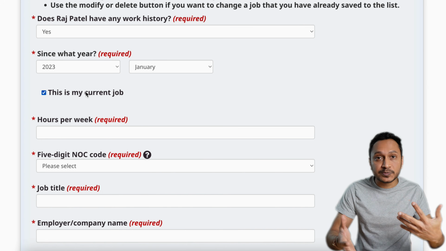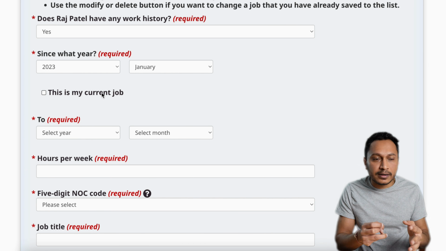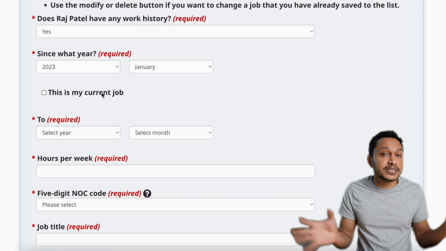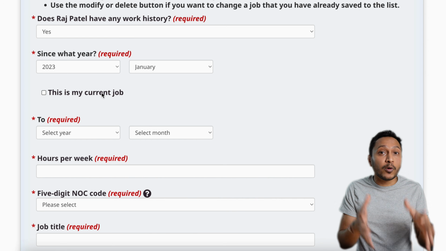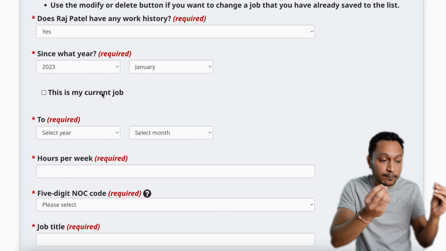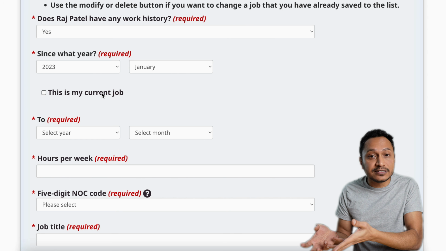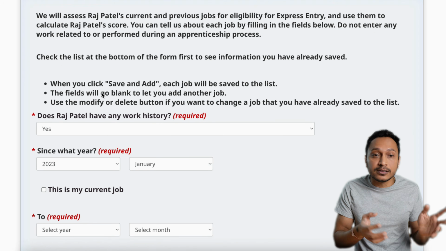You can add more experience in your profile depending on how many years and since when you have it. Ideally, we only need experience within the last 10 years, and within that, whatever you can prove. So if you cannot prove an experience for any reason, if your employer is not supporting you, if you don't have the pay stubs, if for any reason you don't have the bank statements to prove it, then please don't